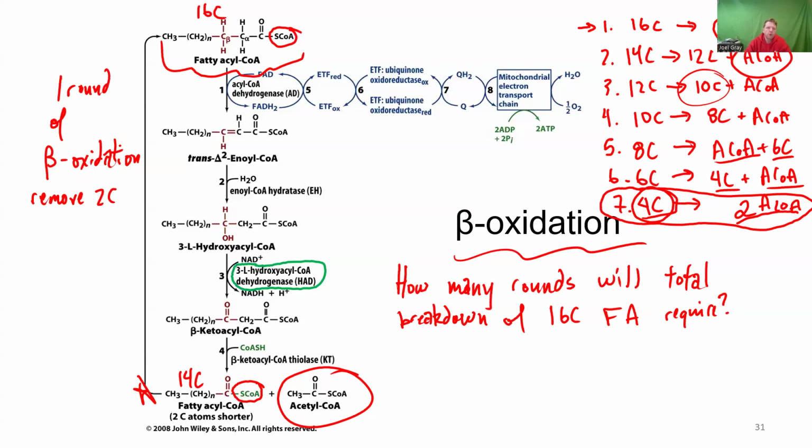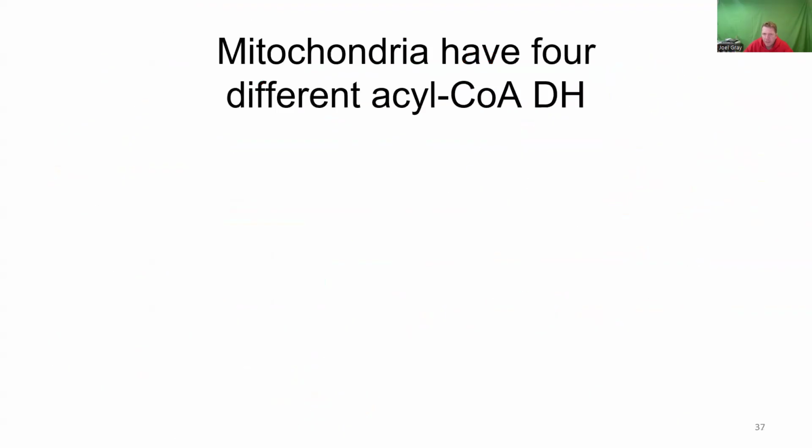Now, that's an important point to remember because as soon as you break it down to 2 carbons, you're not going to go through any more rounds of beta oxidation. So that's why a 4 carbon long molecule gets split into two acetyl-CoA molecules. Okay, so to completely metabolize